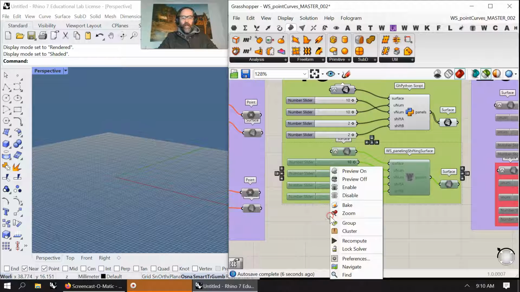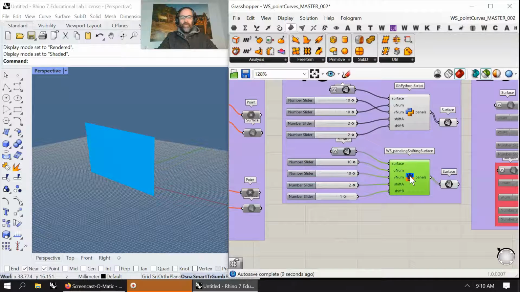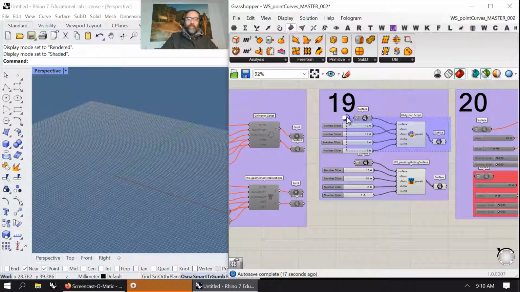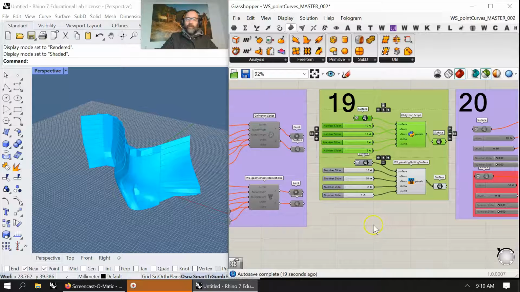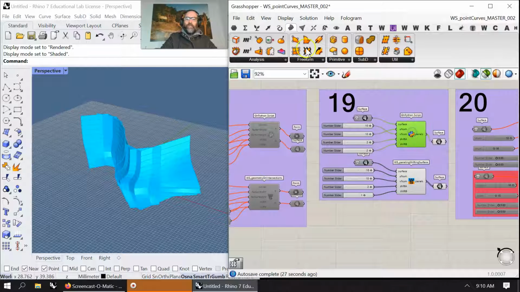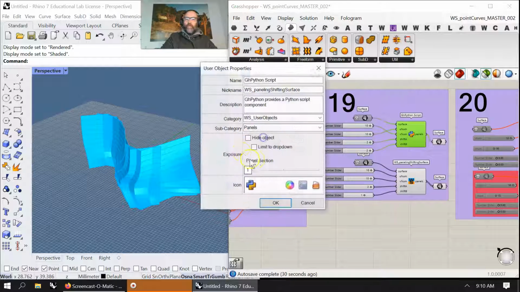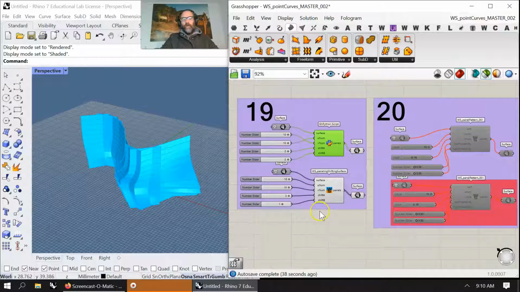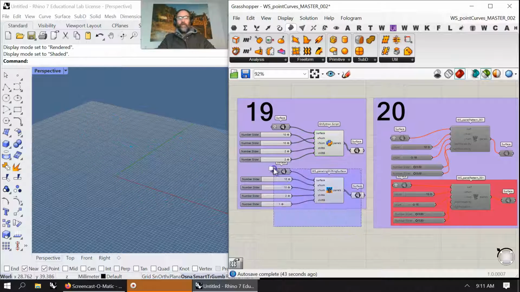Not sure why this one enabling is running my script flat. Something happened in the compiling, and I am running into some compiling errors, maybe because they're dependent on certain components. But if it doesn't process fully in the compiling, I could always turn this into a user object and tuck it in there, and then I'd have it available to me with the Wickerson logo. It's not hard to make, but when you compile for open source or something on Grasshopper or Rhino, Food for Rhino, you're going to have to learn that